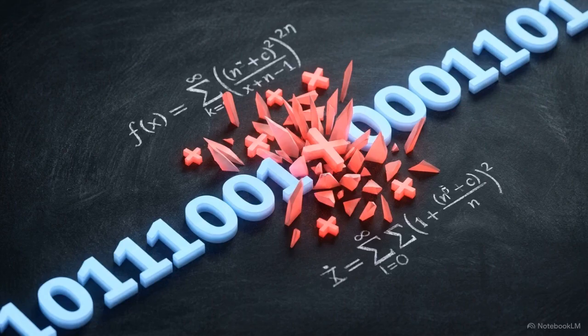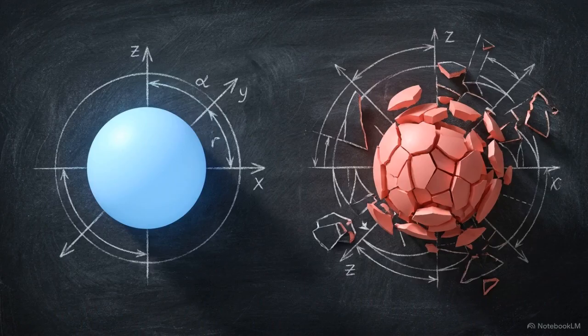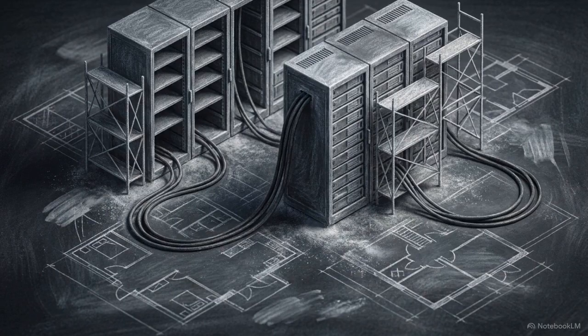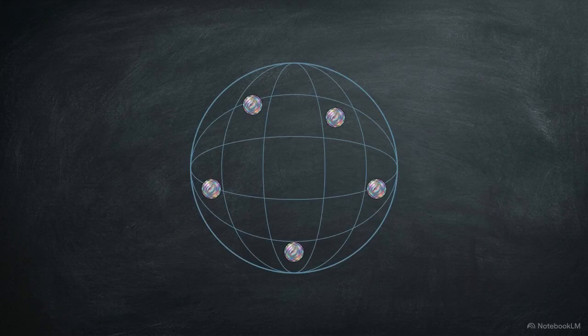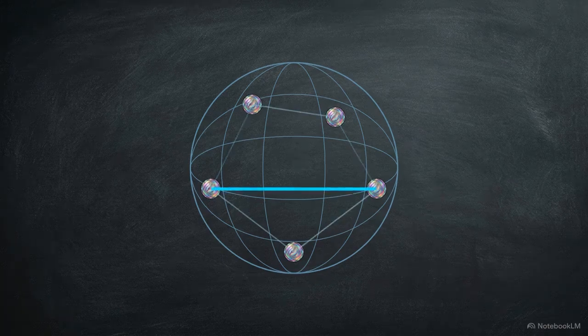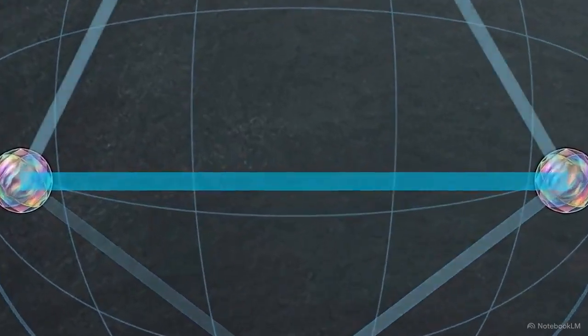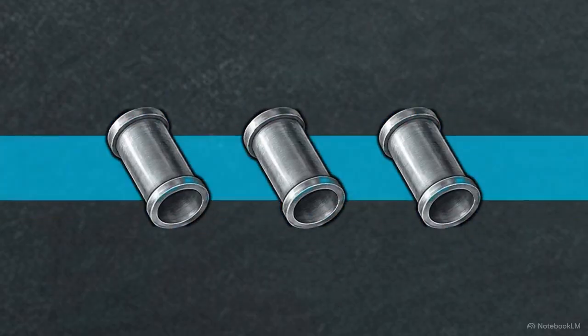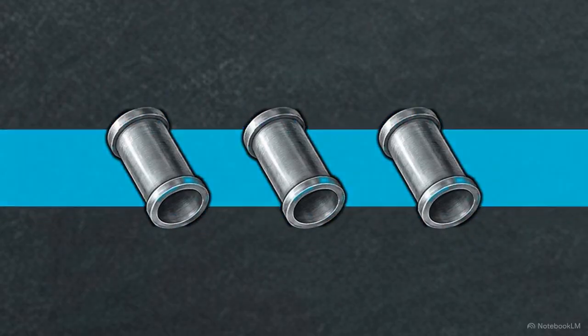Quantum cryptography turns the fundamental laws of nature into a detector. It ensures that any attempt to listen to the conversation will leave a permanent, detectable mark on the message. Scaling this technology requires a massive overhaul of our digital infrastructure. To move qubits across the planet, we have to build dedicated quantum networks that can maintain these delicate states over long distances. Even then, quantum channels only secure the transmission.